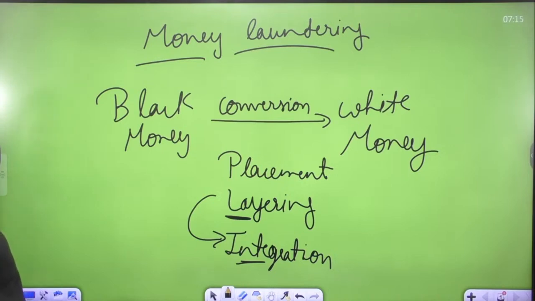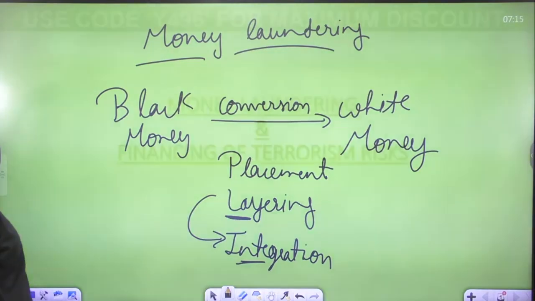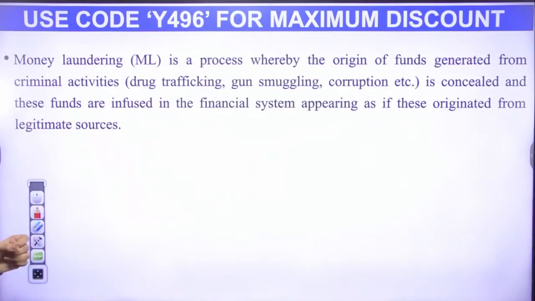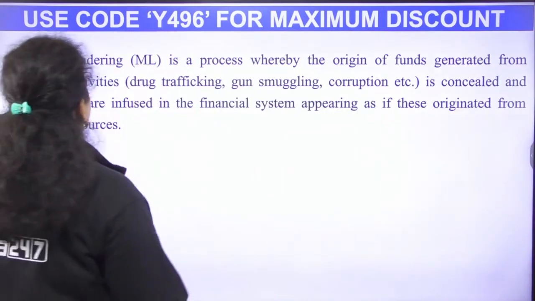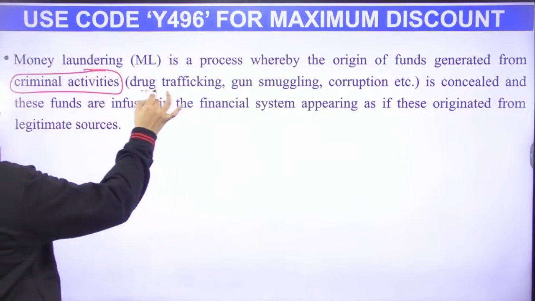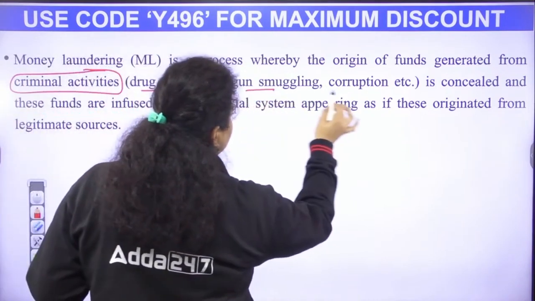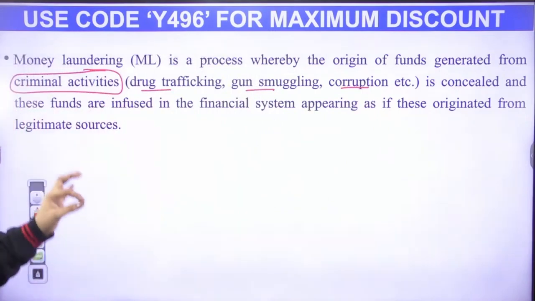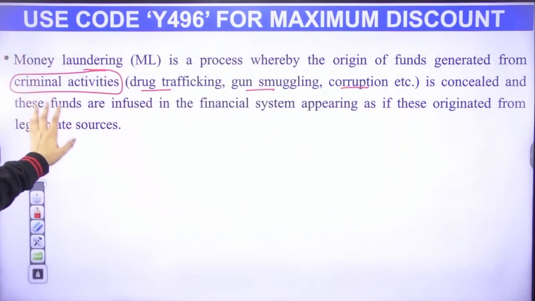Okay, so this is how money laundering works. Now let's discuss a little bit of theory. Money laundering is simply a process whereby funds generated from criminal or illegal activities are concealed. It can be drug trafficking, gun smuggling, or corruption. Whatever black money you are earning from criminal activity is concealed, and